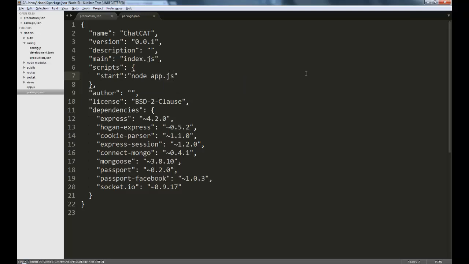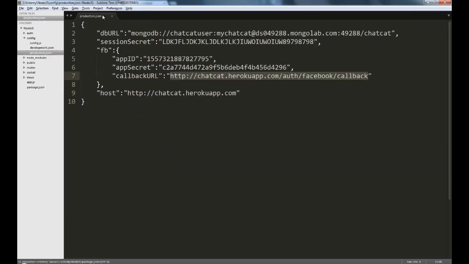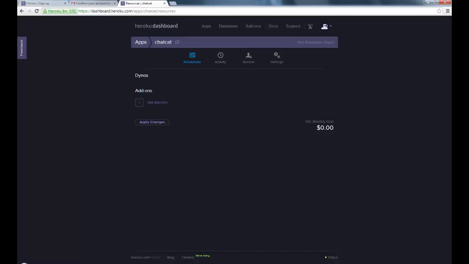So remember, whenever we start our app, this is what we type in the terminal. This will tell Heroku to invoke a node process and use the app.js as the main script file. Save this and close the package.json. We are now ready to deploy the app.